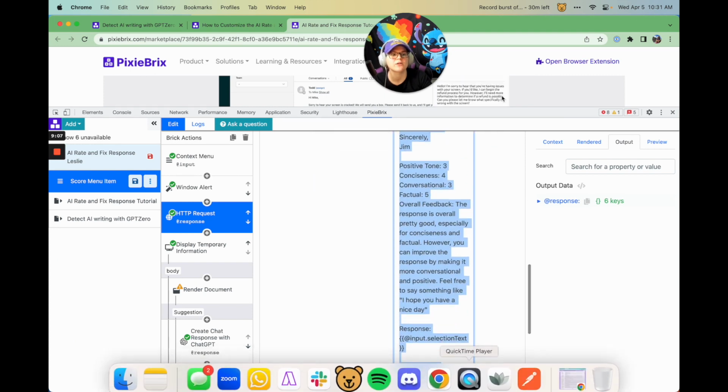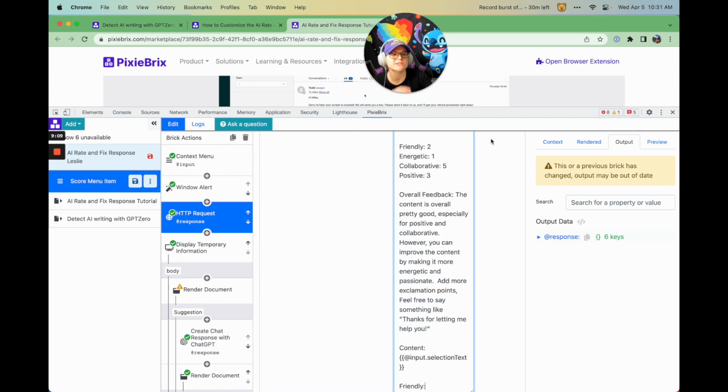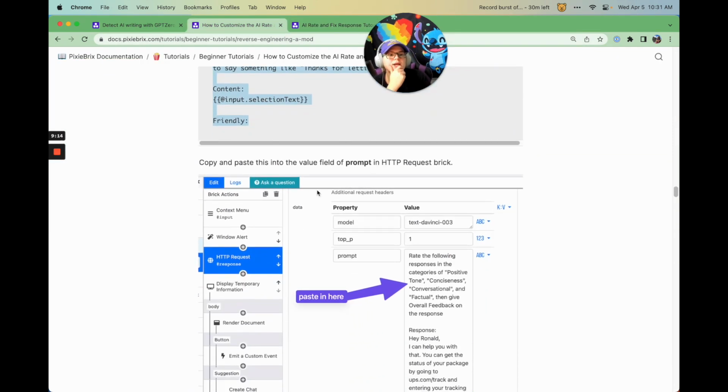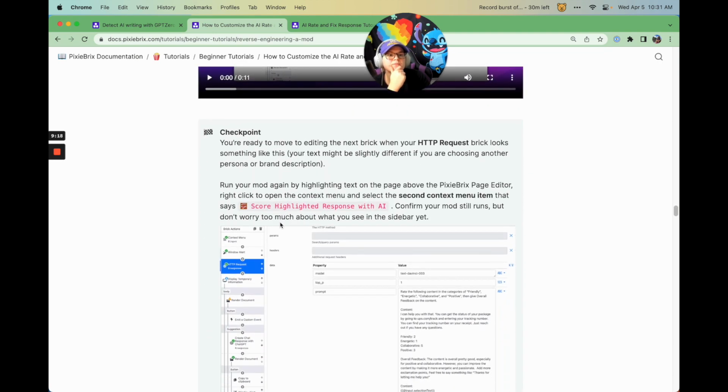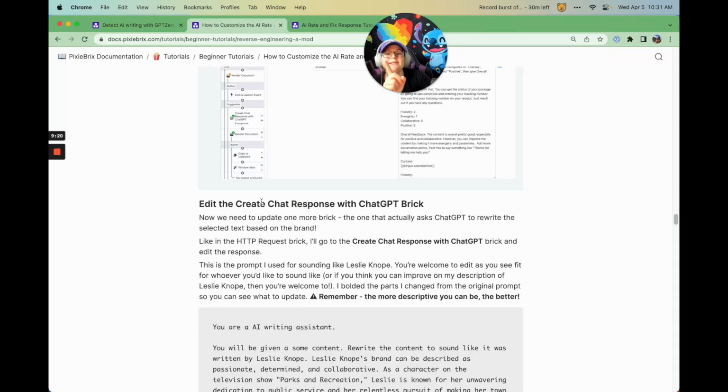So just highlight all of that, backspace, and paste it on in there, and you're good to go. What else do I say I need to do? And now, yep, I'm talking about pasting it in here. That's how we do that. Okay. And now we're going to need to do the one more, because remember I mentioned that one is for